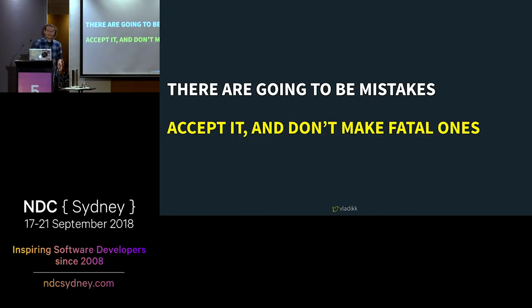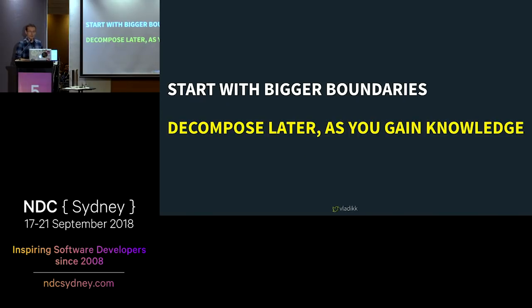In my experience, it is much cheaper, safer, and easier to extract a service out of a bigger one than to start with services that are too small and merge them later. Why? Because usually those changes are hard and teams keep delaying those changes, and as time passes by, they mutate into those balls of mud. Therefore, currently we prefer to start with bigger boundaries and decompose them later as more knowledge is acquired about the business. Now, how big should the initial boundaries be?